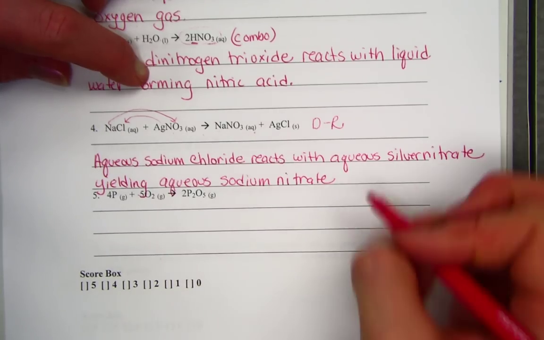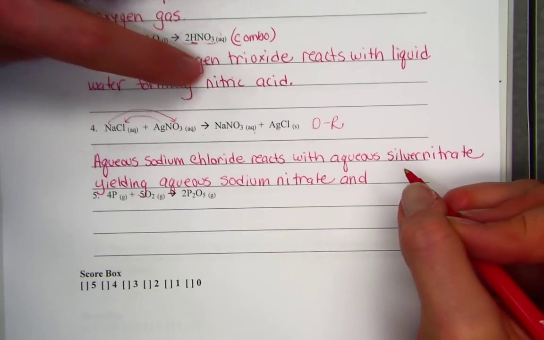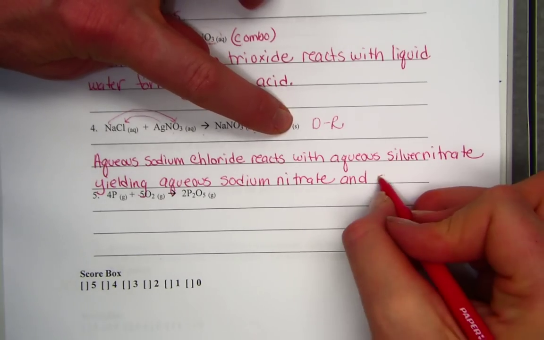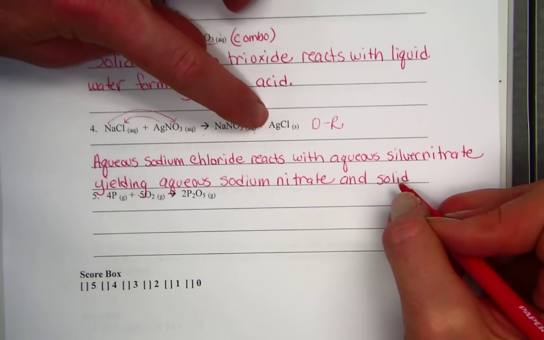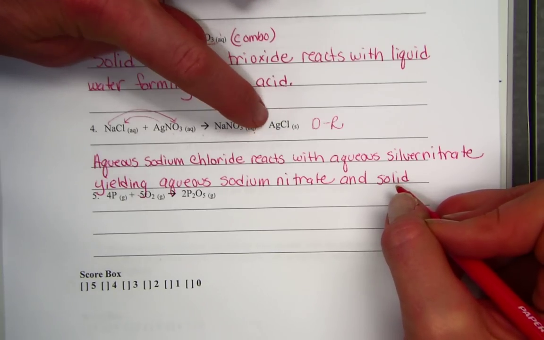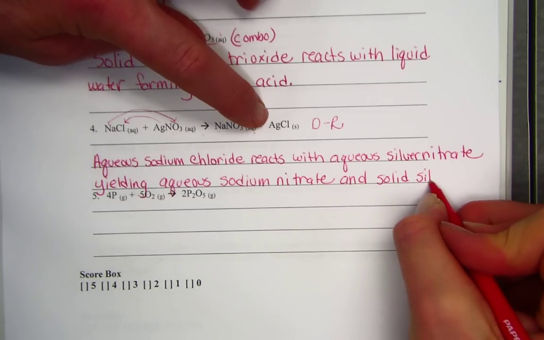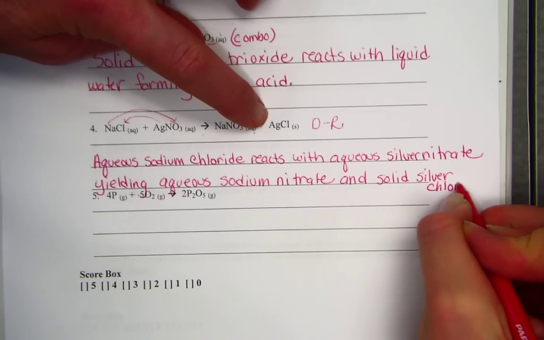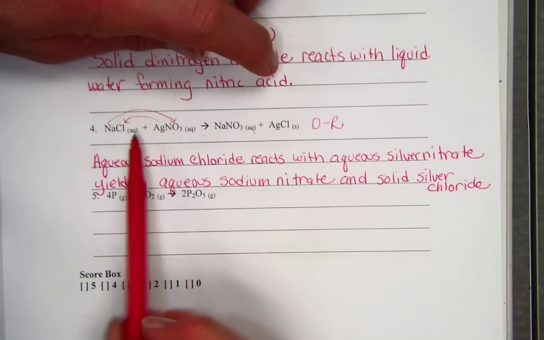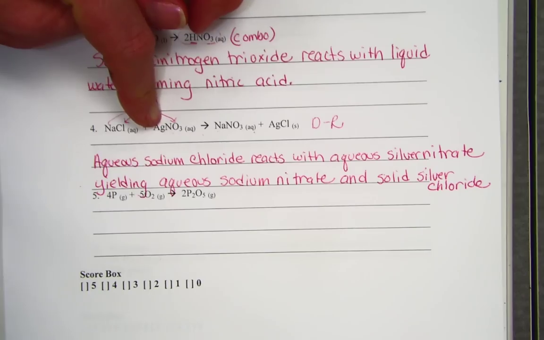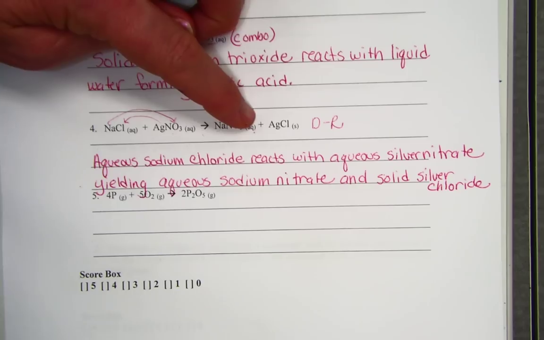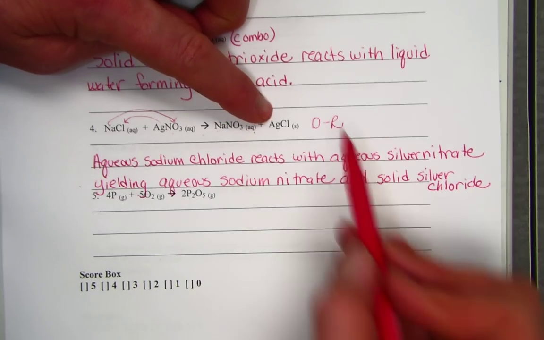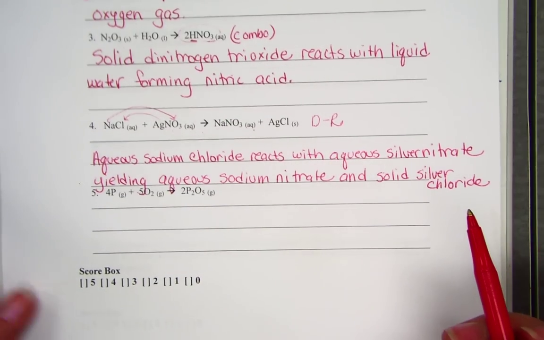And how about for the plus sign? We write and. And now I see an s, finally a new adjective. That's the driving force called a precipitate. Someday we'll learn how to read the solubility table and decide that that's our driving force, a solid little floaty chunky particle coming out of two aqueous solutions. The solid here's name is silver chloride. Aqueous sodium chloride reacts with aqueous silver nitrate, forming aqueous sodium nitrate and solid silver chloride, a double replacement pattern. One more to